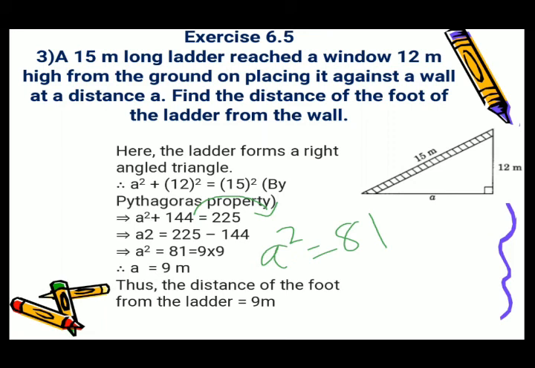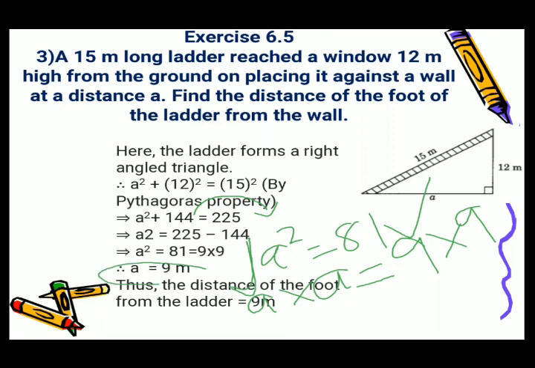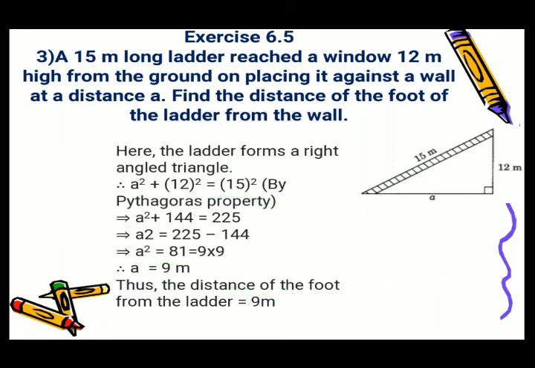Now 81, a square can be written as a multiplied by a, that means it is a square, and 81 can be written as 9 multiplied by 9. Now if we want only the measurement of a, so here if we take only one a, then on this side we have to take only one 9. So a will be equal to 9 meter. Thus the distance of the foot of the ladder is equal to 9 meter. This way you have to solve the